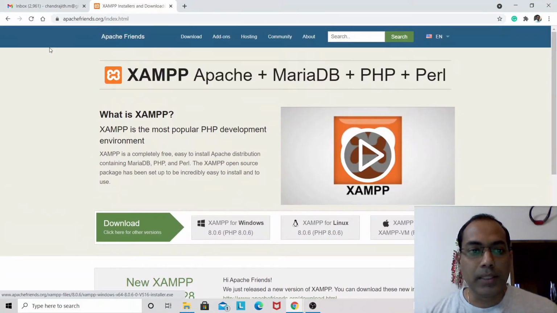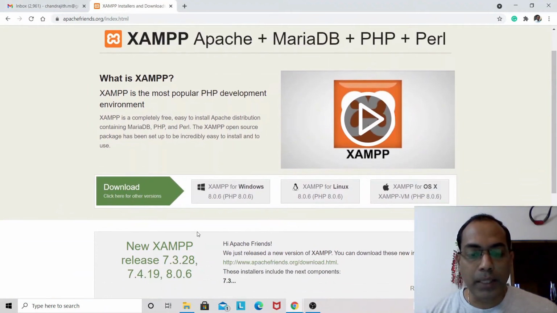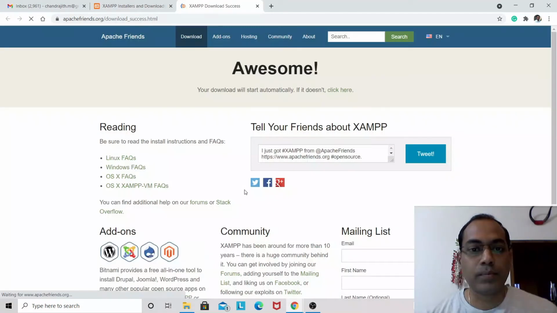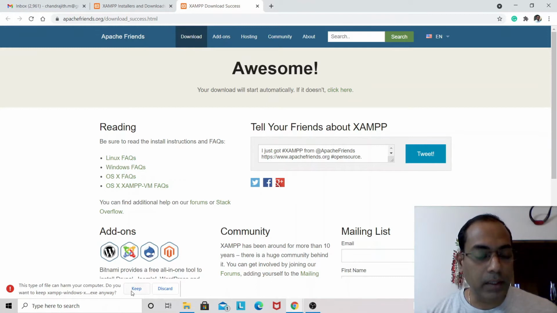Okay, this is the dashboard of apachefriends.org. Here you get the options for downloading XAMPP for Windows, for Linux, or for iOS. Currently, my machine is running Windows, so I'm going to click on this and the file starts to download.